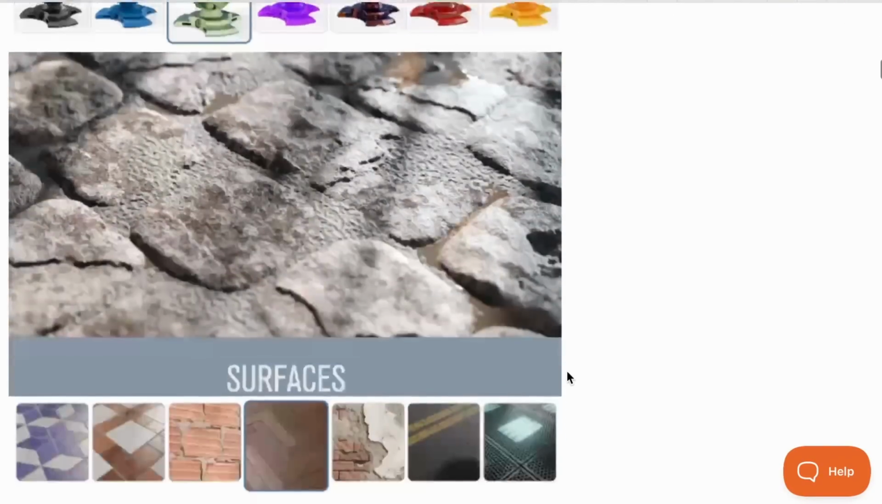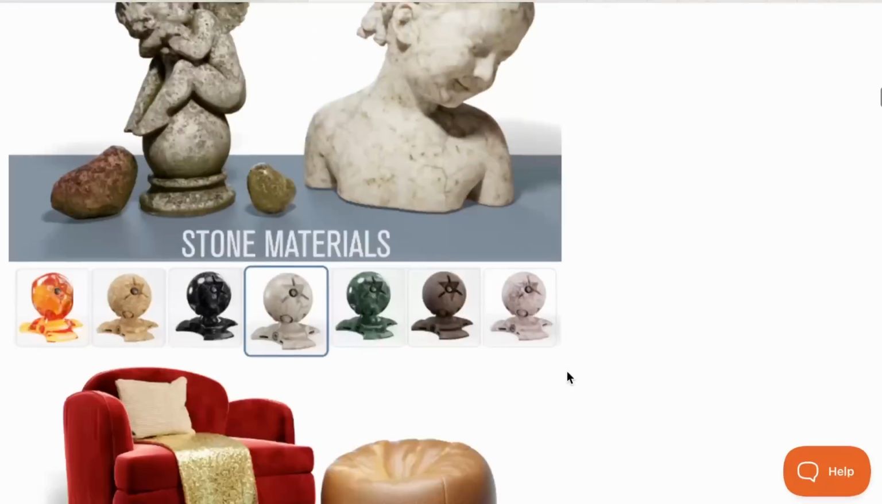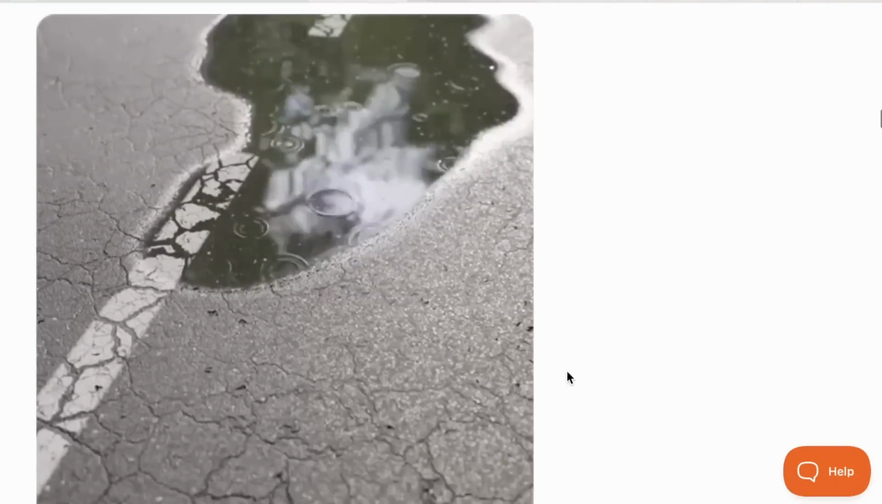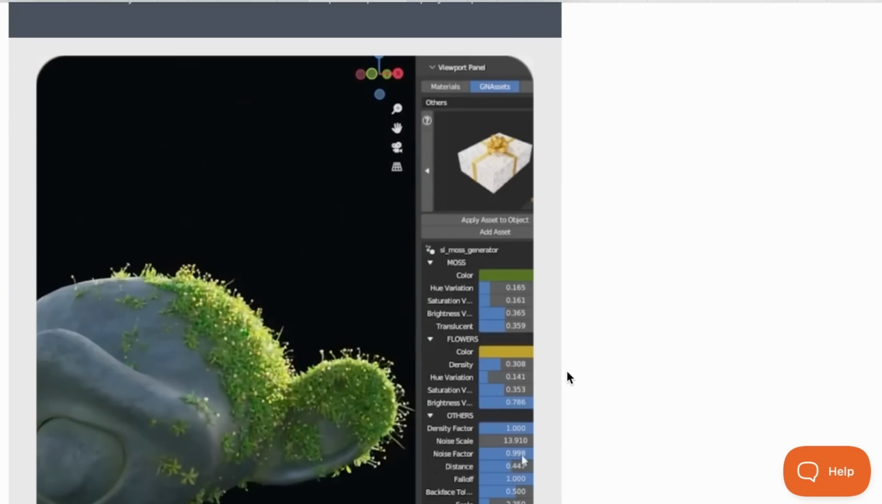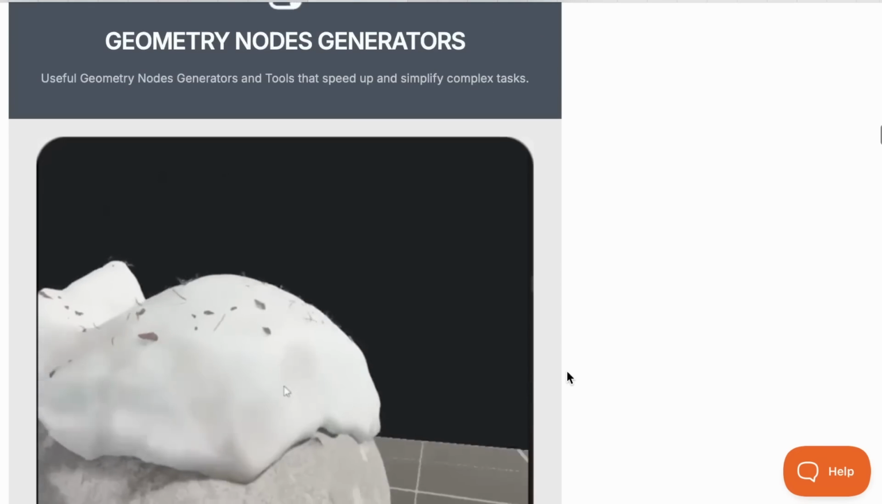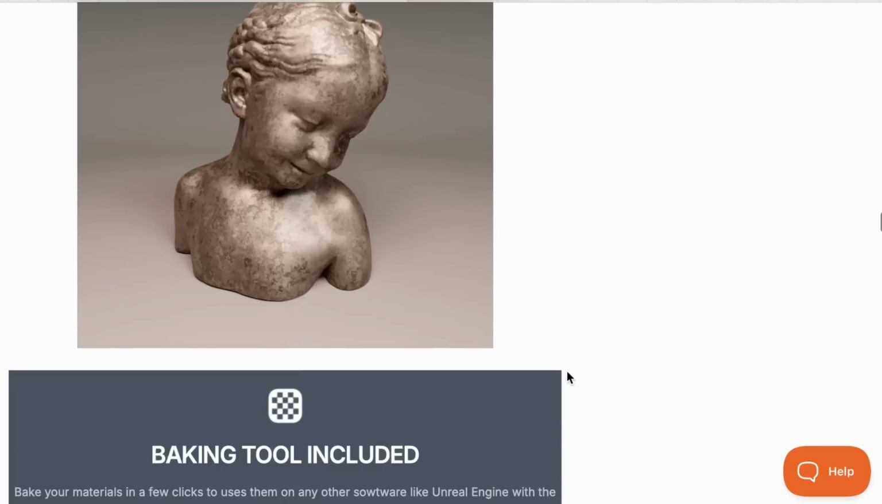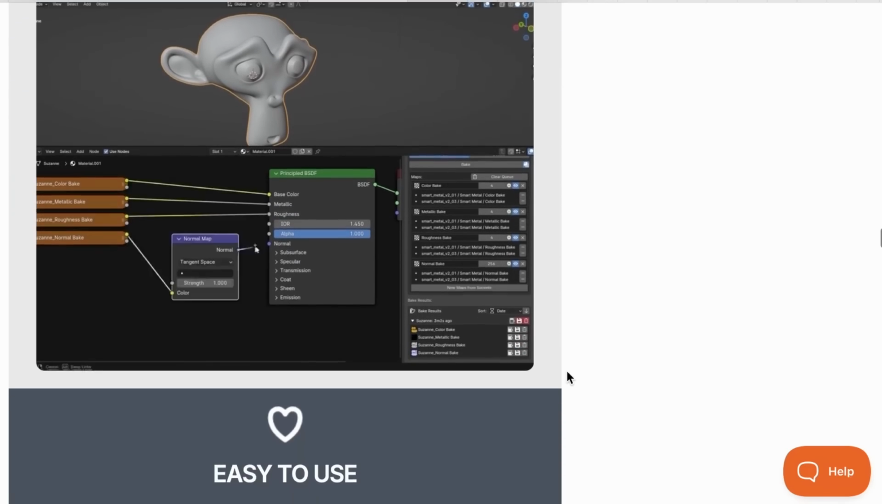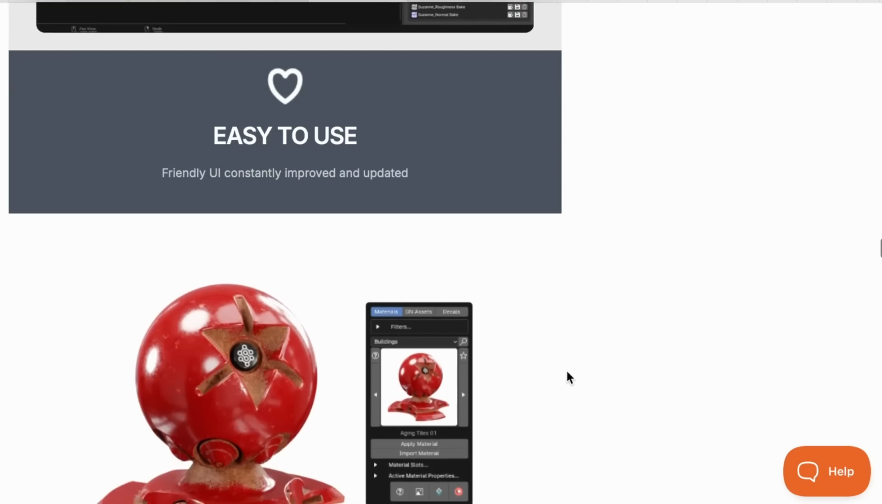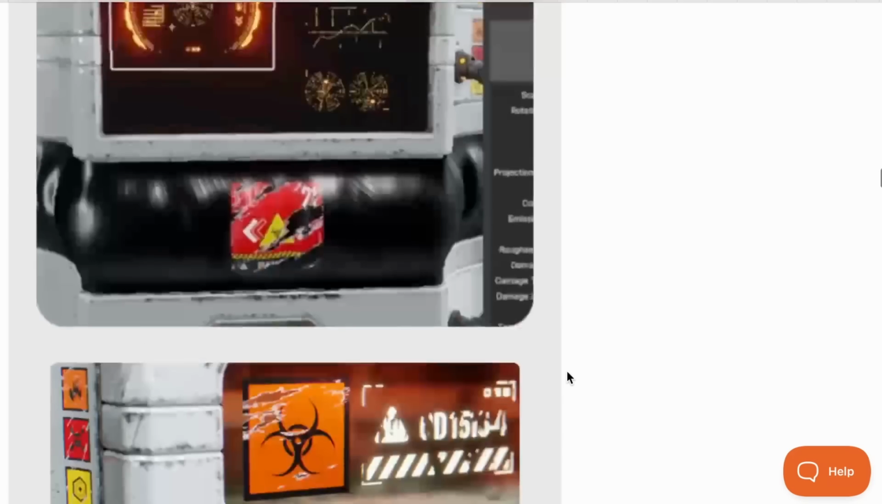So if you're thinking about synthetic materials, surface materials, metal materials, stone materials, fabric materials, and so on, you might want to consider taking a look at Sanctus Library. There's also a ton of generator tools that are currently available as well. Some decal tools are also available, material editor tools, and baking tools are also included. There is a ton of things that Sanctus Library now offers to creators,